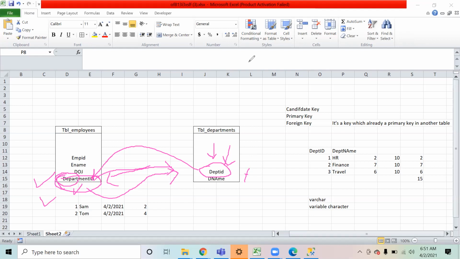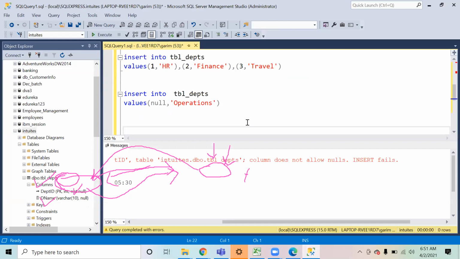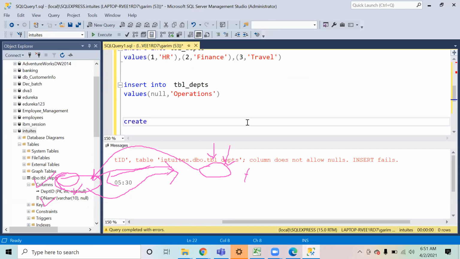So now let's create it and understand it practically. I will say create table TBL employees.